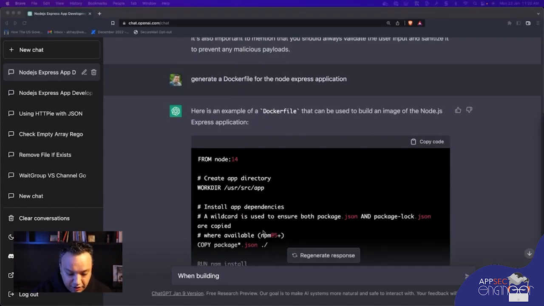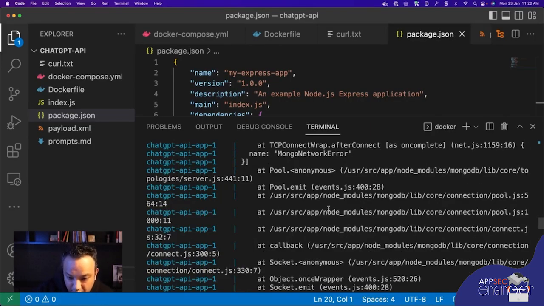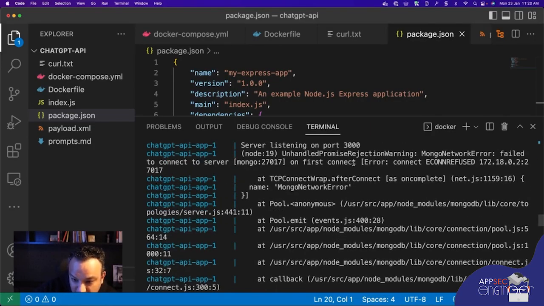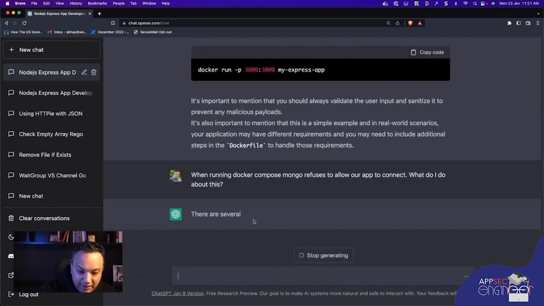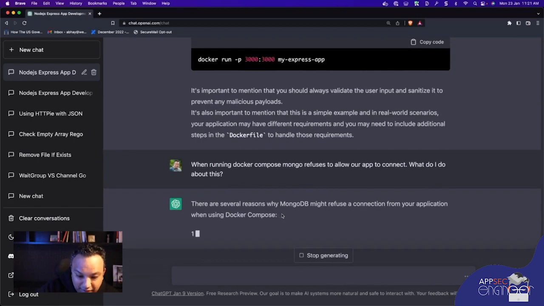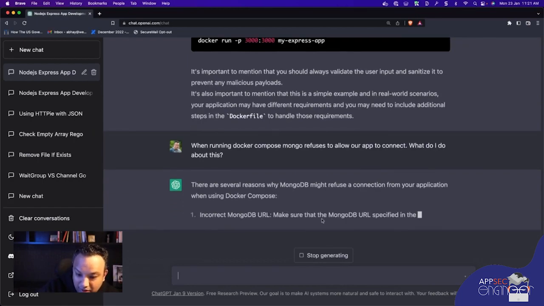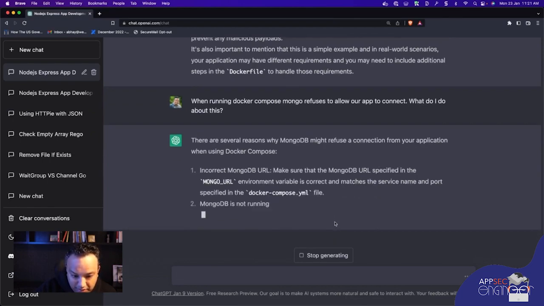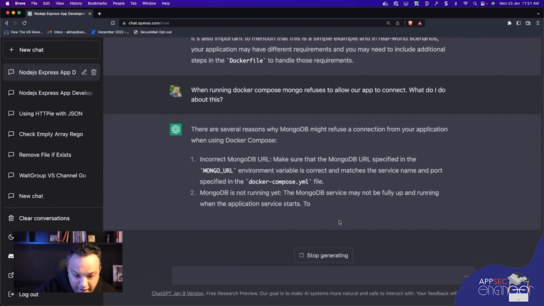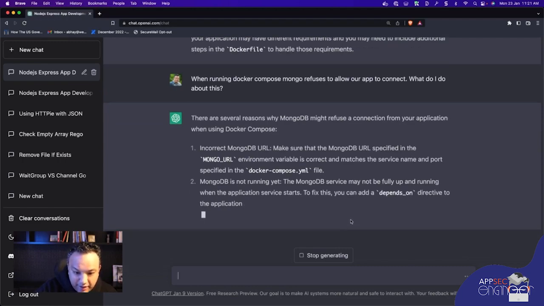So it looks like a connection issue with MongoDB. Let's see what the issue is. Seems like there's a connection issue, connection refused. So let's say, when running Docker Compose, Mongo refuses to allow our app to connect. What do I do about this? Now, let's see, there's another reason why it refuses. Is the MongoDB URL specified correct in my service name in my Docker Compose YAML? Is MongoDB not running yet? To fix this, you can add a depends_on directive to the